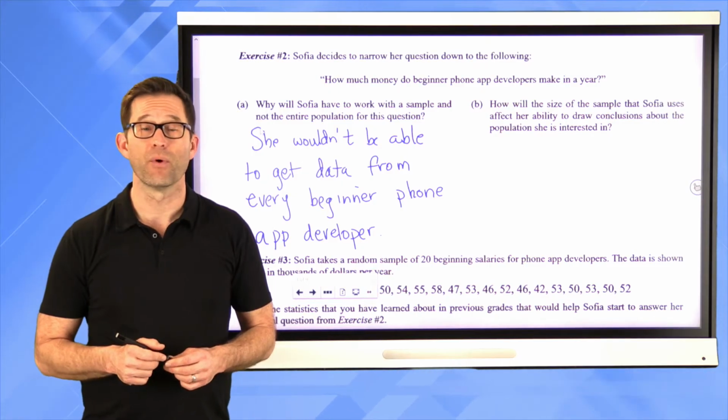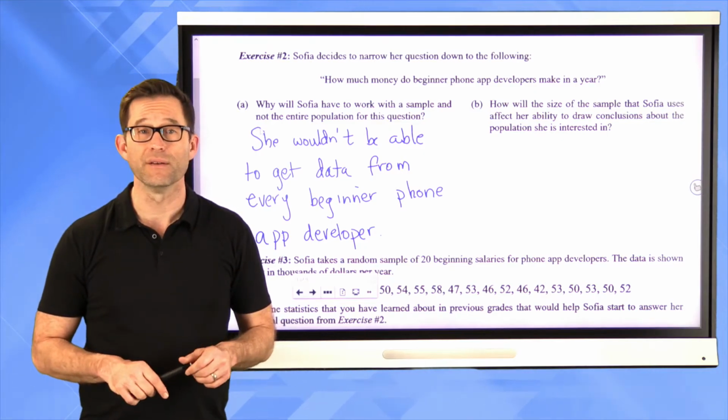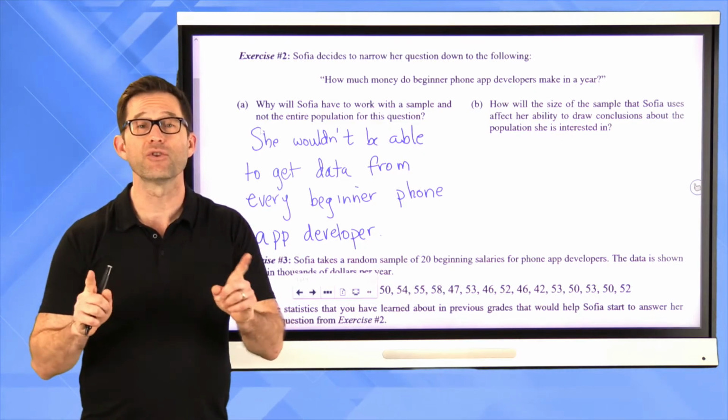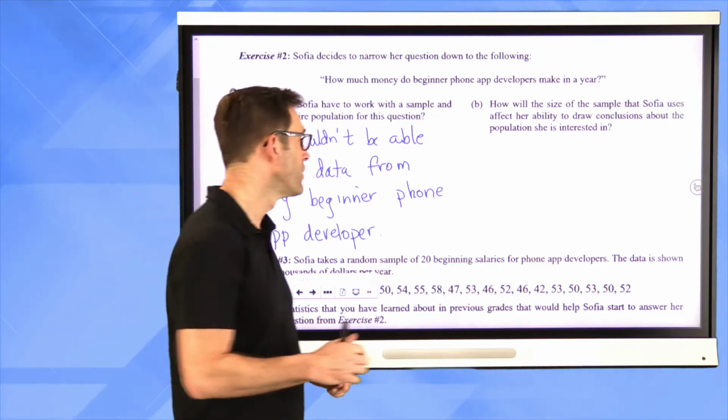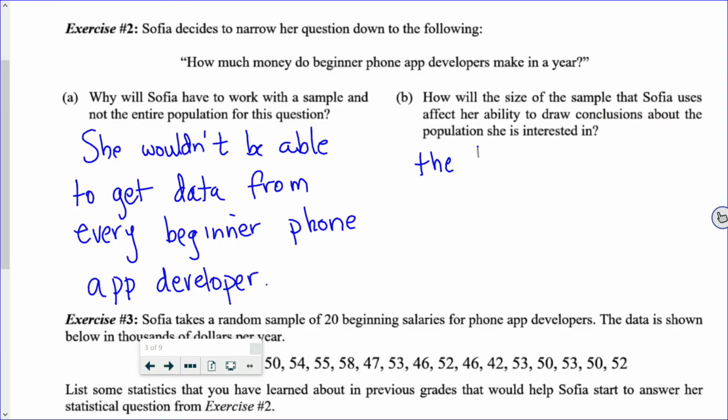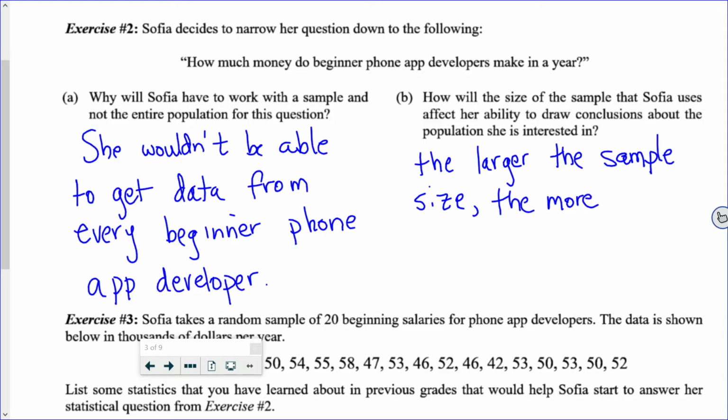Well, it's pretty simple. The larger her sample size is, the more confident she can be in drawing conclusions based on that sample, right? So the larger the sample size, the more likely she can draw valid